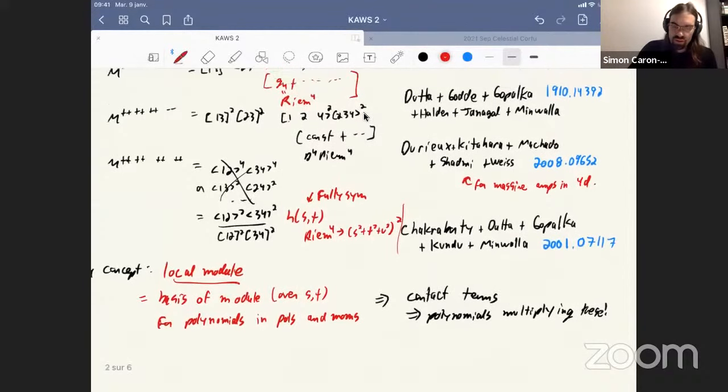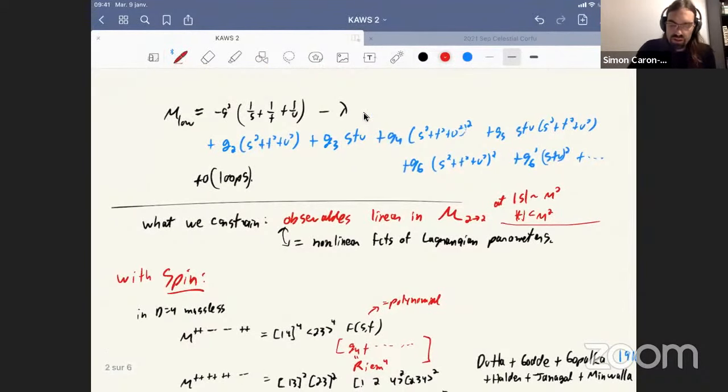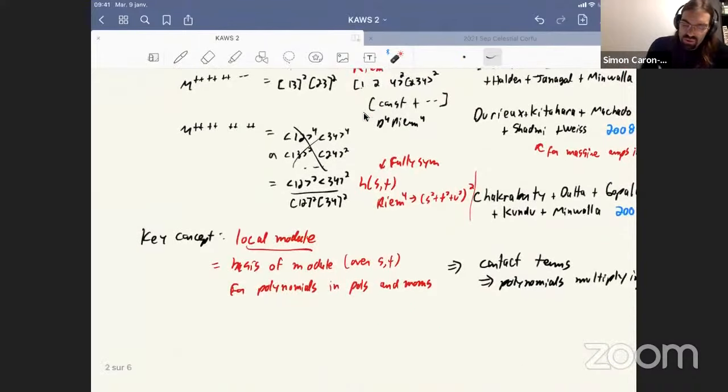Okay. So what I've described here in the last 15 minutes is a bit of the kinematics. And how do we enumerate low energy interactions like contact terms in the Lagrangian? I think the short answer is don't spend too much time on Lagrangians. If you want to enumerate, the easiest way is to enumerate the observable amplitudes. And these are the things we'll actually bound with these techniques. Other questions?